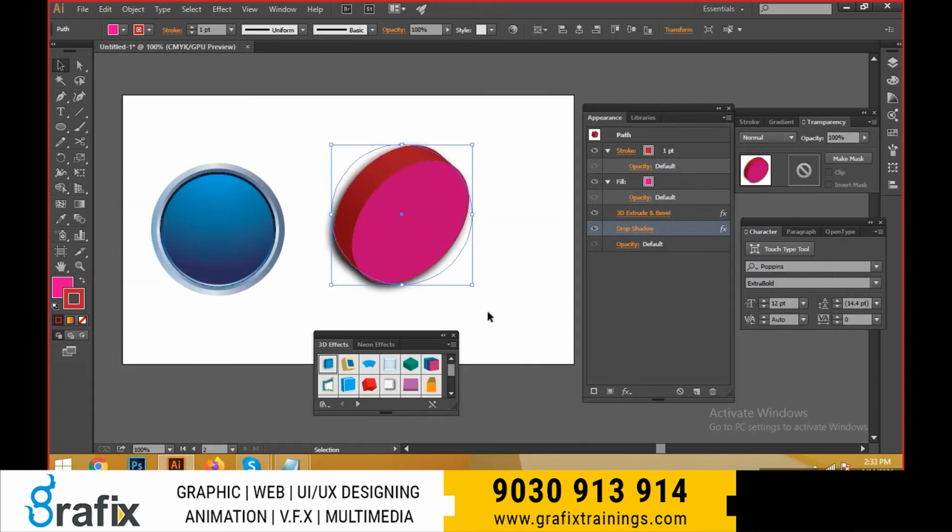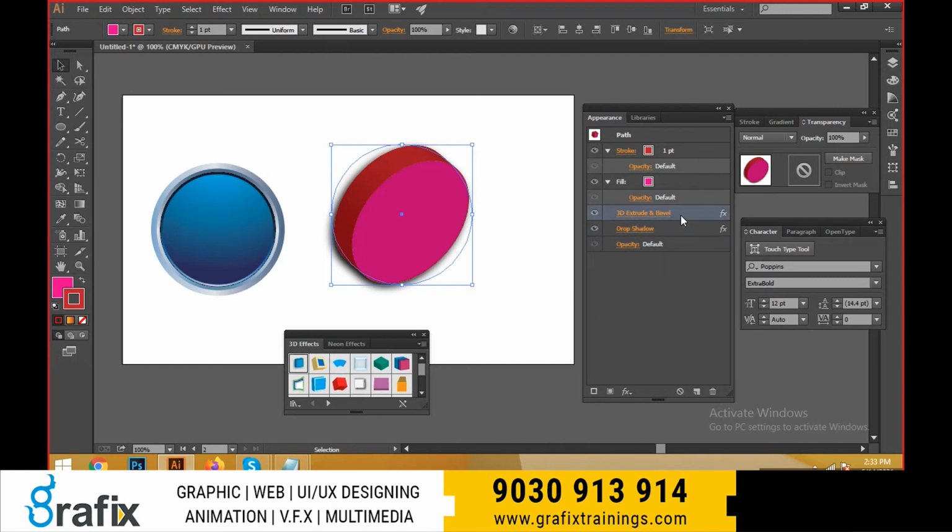These are very important shape effects in the palette. And select this one and select all the things. I can select it and I can delete the settings. These are the effects, we can see the effects on the appearance palette. I can select it and I can delete the effects on the appearance palette. Means I can adjust the properties of the appearance palette.